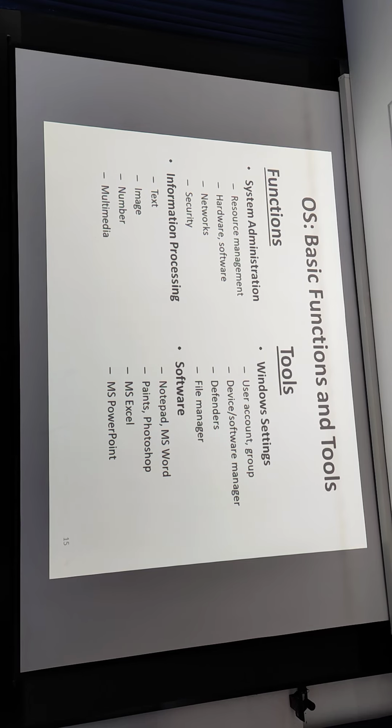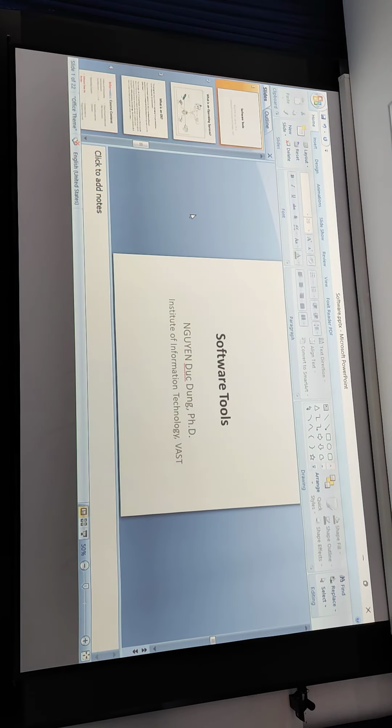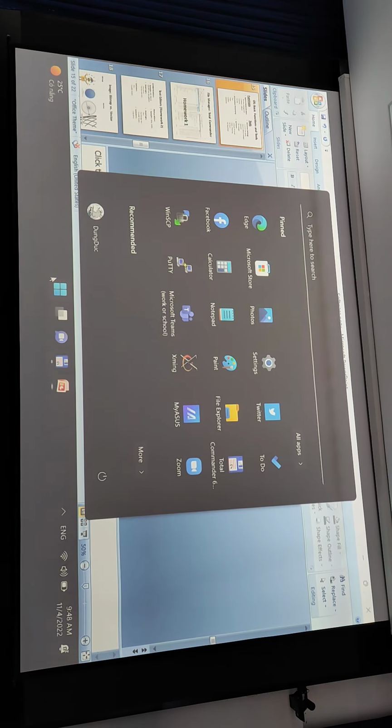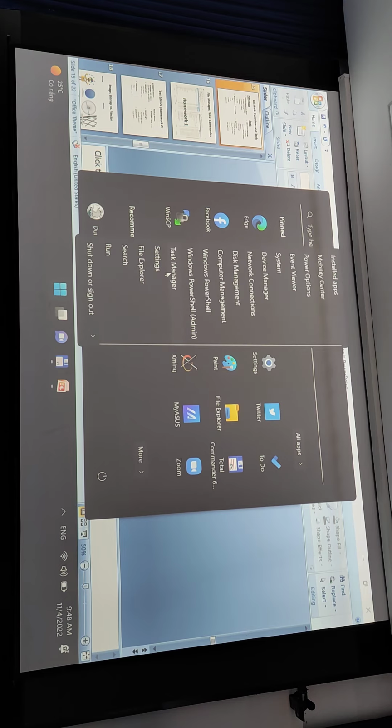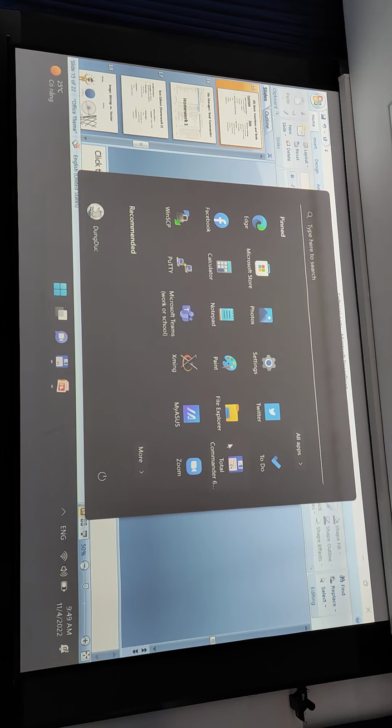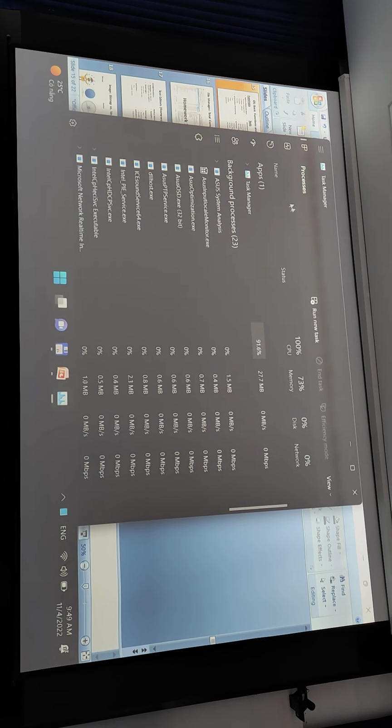Actually, nowadays the manufacturer does not provide us only the kernel. They also provide different core applications, core programs, to have different applications run on the same computer.